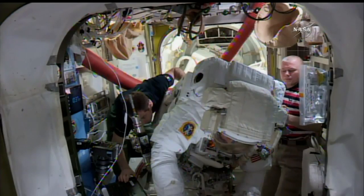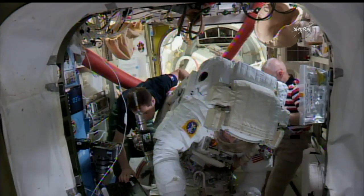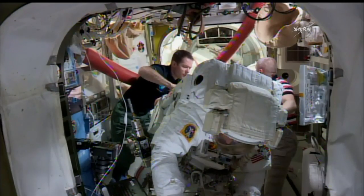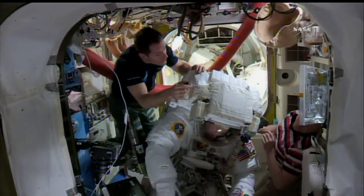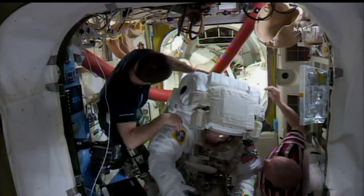This is a task today resulting in a contingency spacewalk that used to be called the Big 12, Big 13, Big 14, depending on how many systems you wish to categorize it as. Some of the other key equipment that requires an immediate spacewalk for replacement or repair work, such as we will see over the next few hours today,